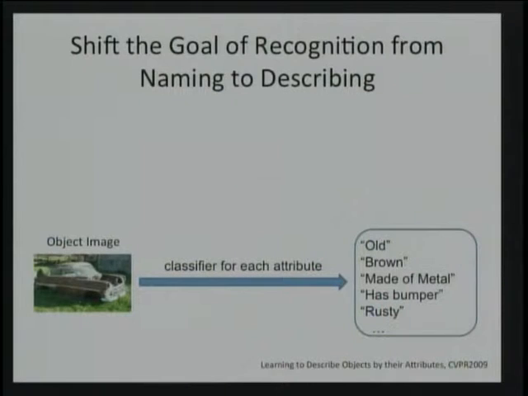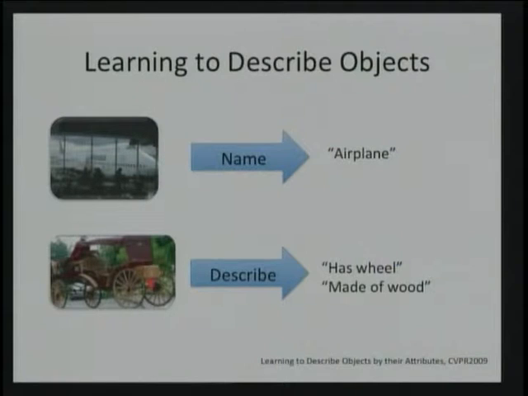Now that I can predict attributes, now the fun can start. Now an image comes in, I predict all of my attributes, and that's going to be the space that I'm going to be living in. So if I'm really into naming things, I can learn a category classifier in the space of the attributes. But there are many, many more things that you can do. Not only can I do naming as before, but I can start describing unfamiliar objects.